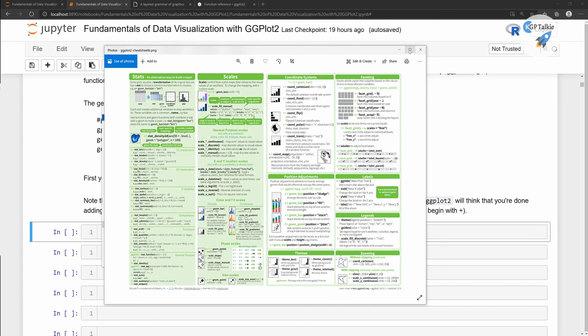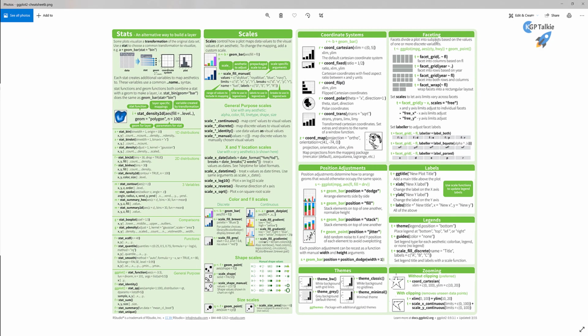You will notice that this one has a huge list of functions and techniques to plot. You can keep this aside to just look for a shortcut. You can use the cheat sheet later, but first you have to understand overall the process and these techniques to plot a ggplot.